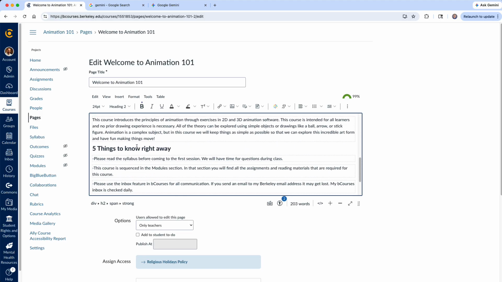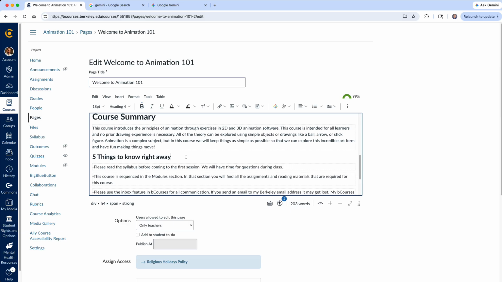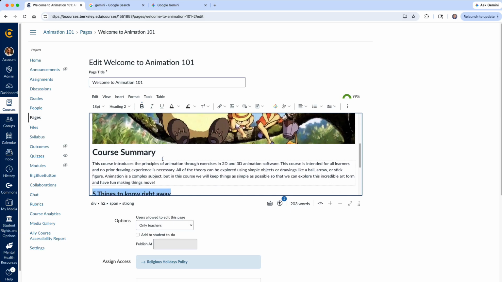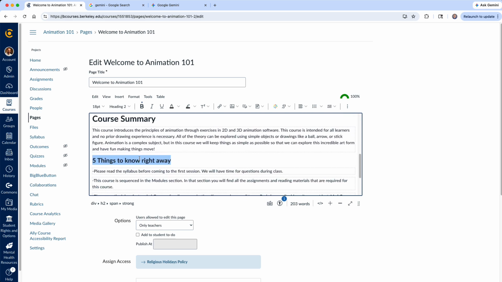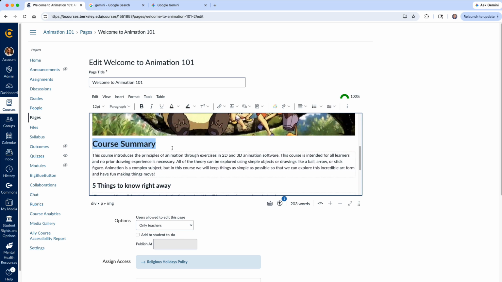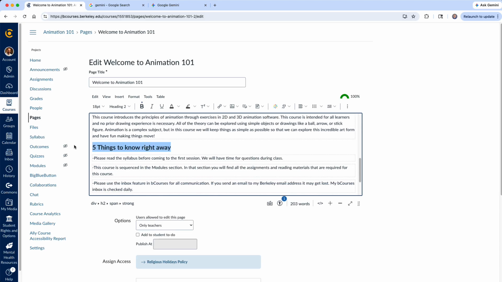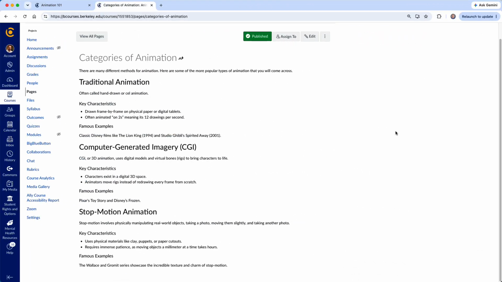So they're not related. So I would also mark this as an H2. Okay, so these are two different sections. And if you want, you can actually change the size of the text here. This is right here. This is 24 point, and you can change this also to 24 point. Let's look at one more